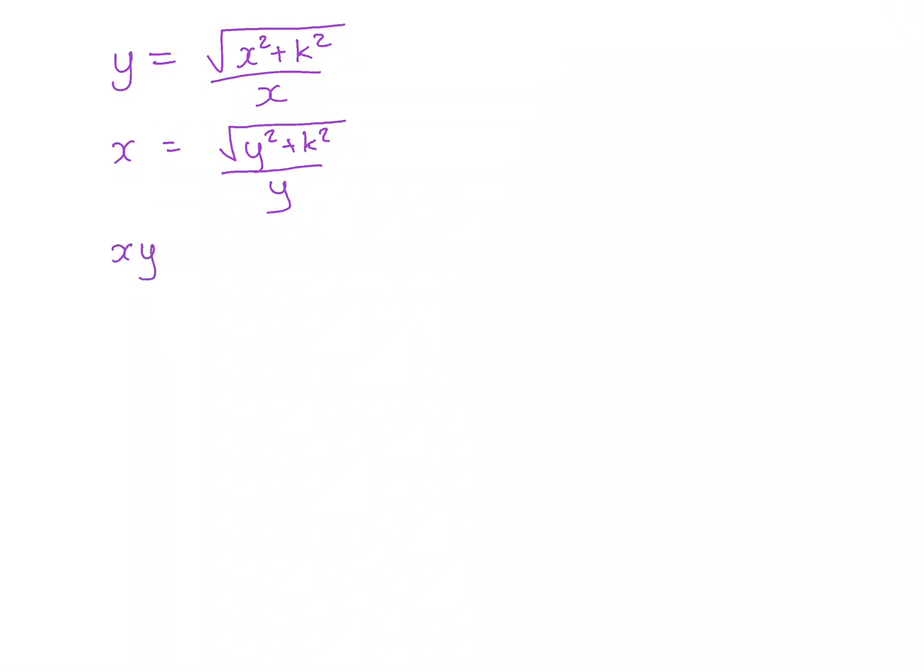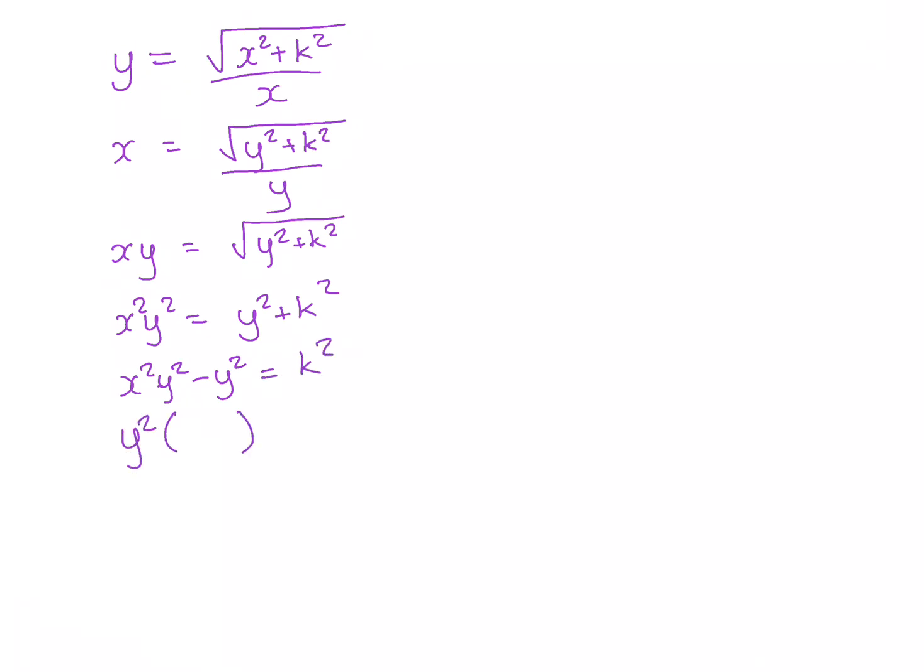So first thing I'll do is multiply y across. Then I want to get rid of that root, so square both sides. So the left hand side becomes that. Then get all the y's on one side, so I'll put them on the left. Take y squared out as a common factor, because these two won't mix, and we need to get y by itself, giving us this. And then divide both sides by that x squared minus 1, which will give us this. And then lastly, square root both sides